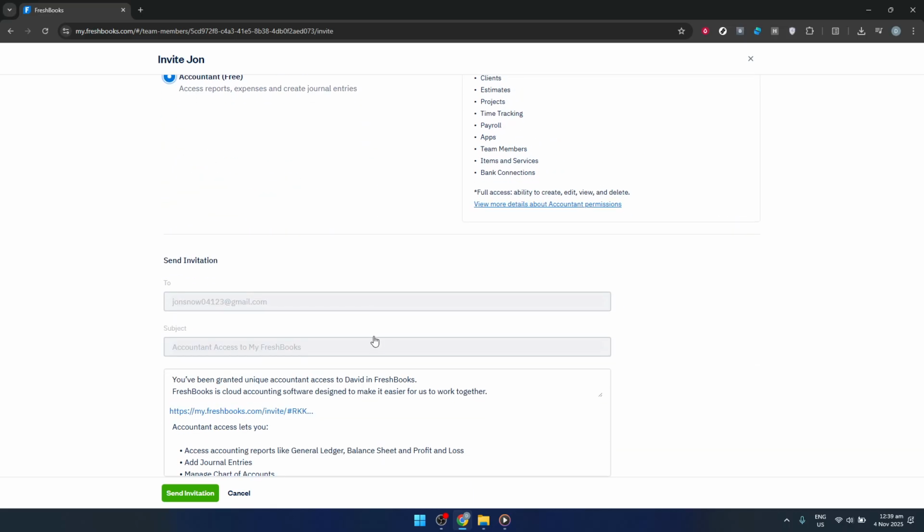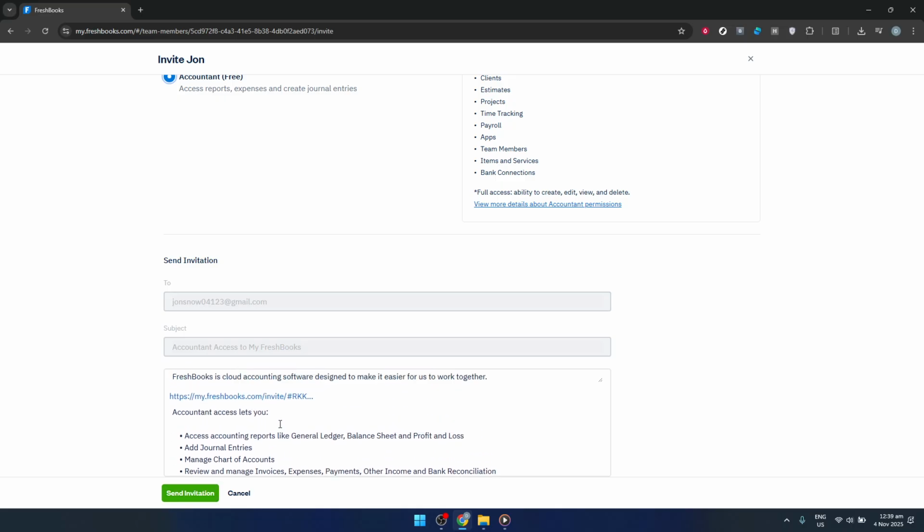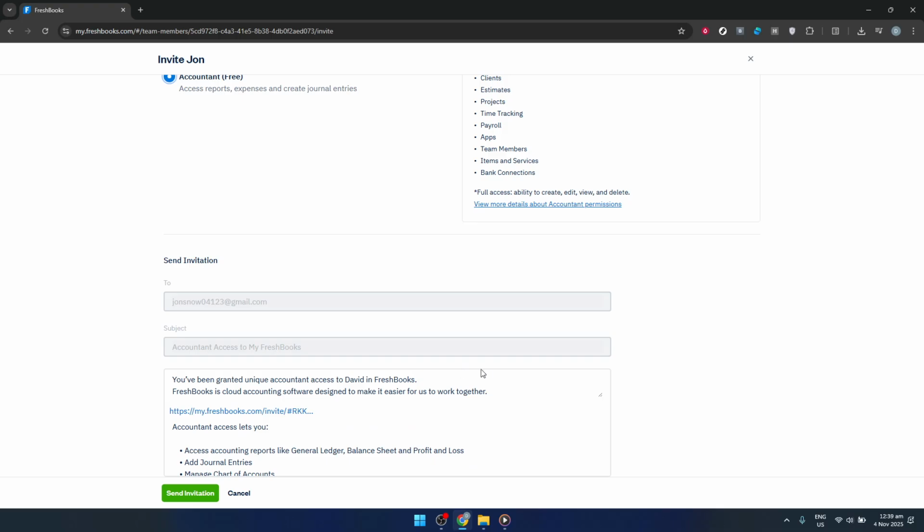Lastly, after making these selections, there's only one step left. Click the Send Invitation button. This is the final step in setting them up, and with a click, an email will be dispatched to your accountant's inbox. Your accountant will need to accept the invitation by following the link in the email for the setup